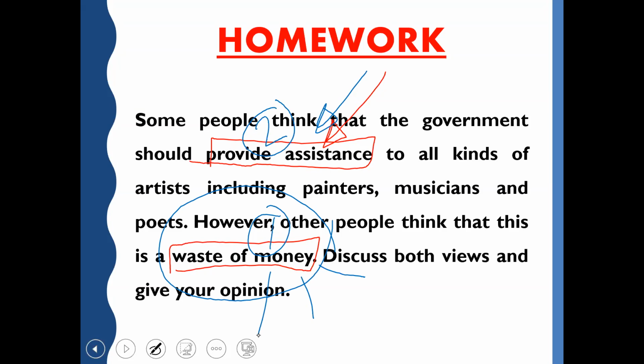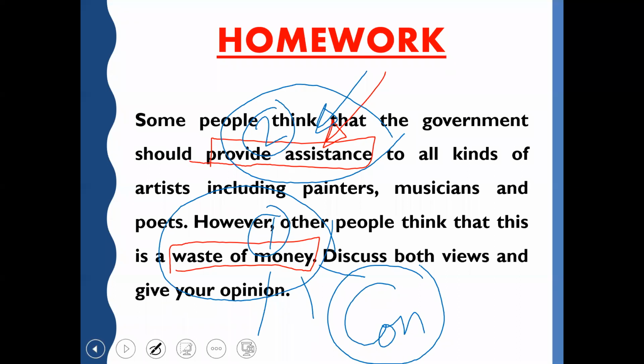Then in body paragraph 2 you're going again to mention why other people believe that assistance should be provided. وبالتالي هتقولي لي reasons البينترز دول والارتست دول والميوزيشنز والبوتس ممكن بيخدموا البلد في ايه، وبالتالي عشان كده لازم نبروفايد اسيستنس ليهم. وبعدين نوصل للكونكلوجن. الكونكلوجن بتاعتك ان اللي هو هنقول مثلا although ان يعني احنا ممكن نقول يعني انا طبعا واخدك على غفله معلش فمفيش مشكله، بس هنشن الرأي بتاعي هو